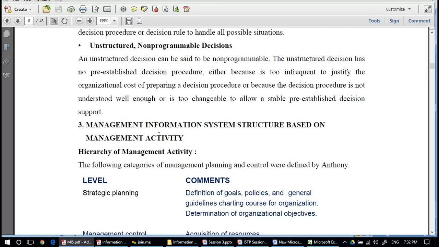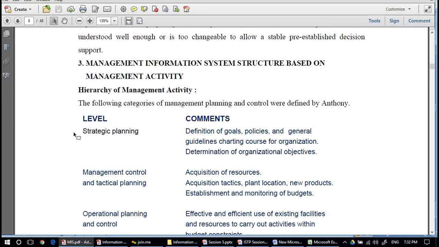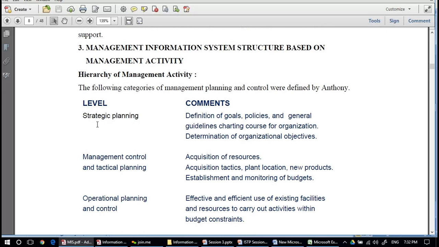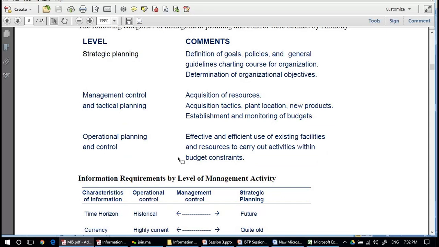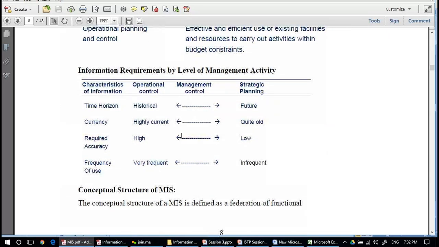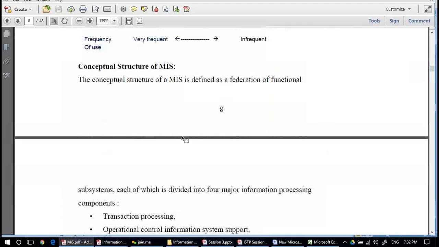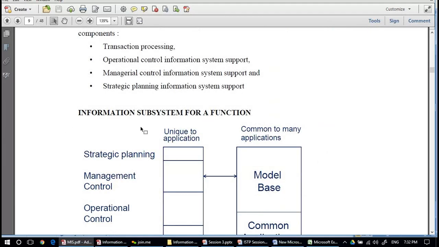information system. The third concern is the structure of the management information system based on management activity. So how will the management activity be dealt with? The management activity could be dealt with at a particular level. Possibly the level of the information should be strategic planning. It could be management control and tactical planning, operational planning, and control planning. So these are certain modes and concepts about the structure of the MIS, and